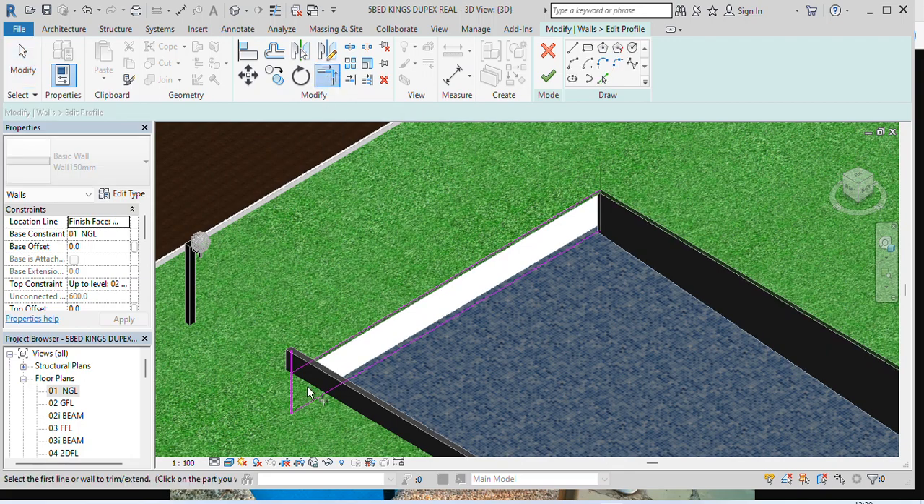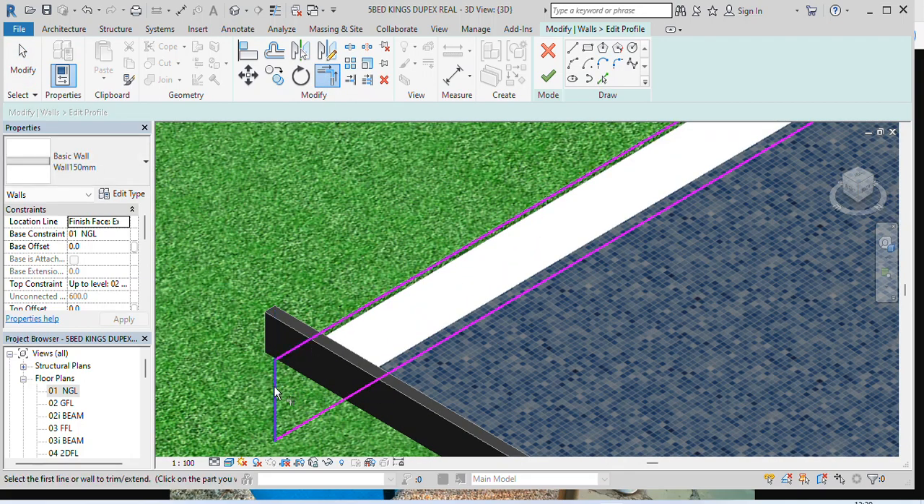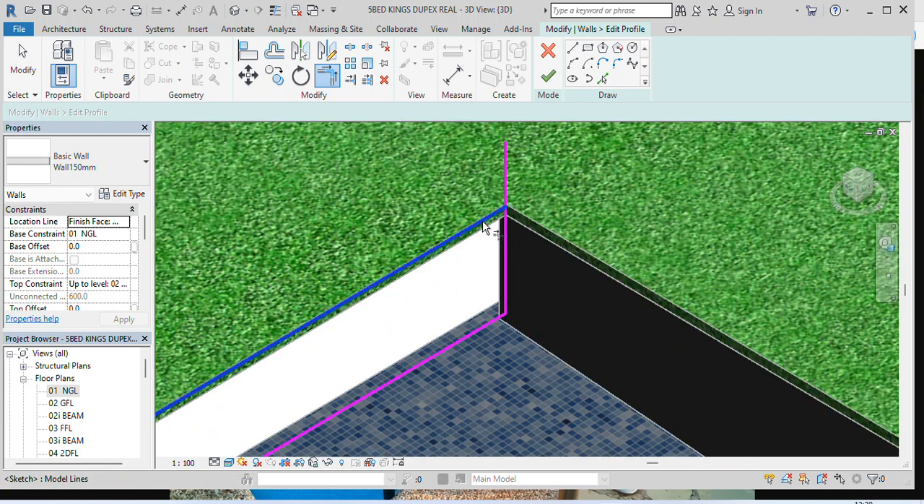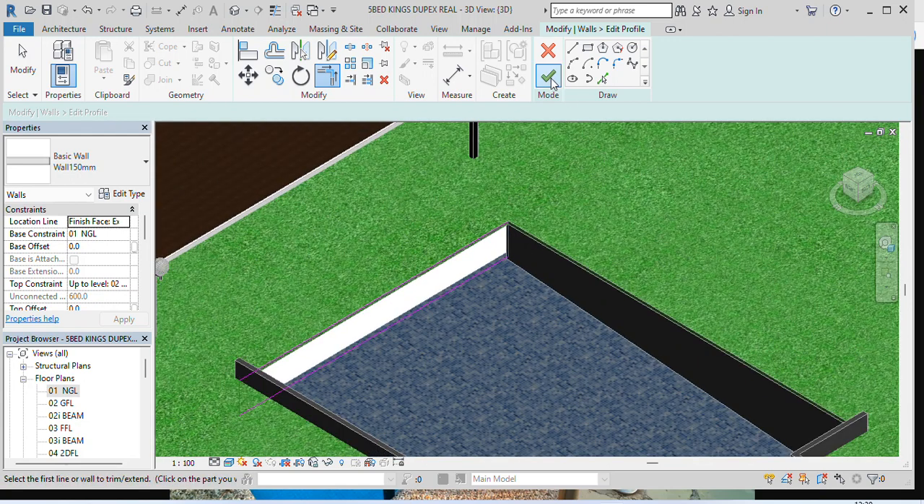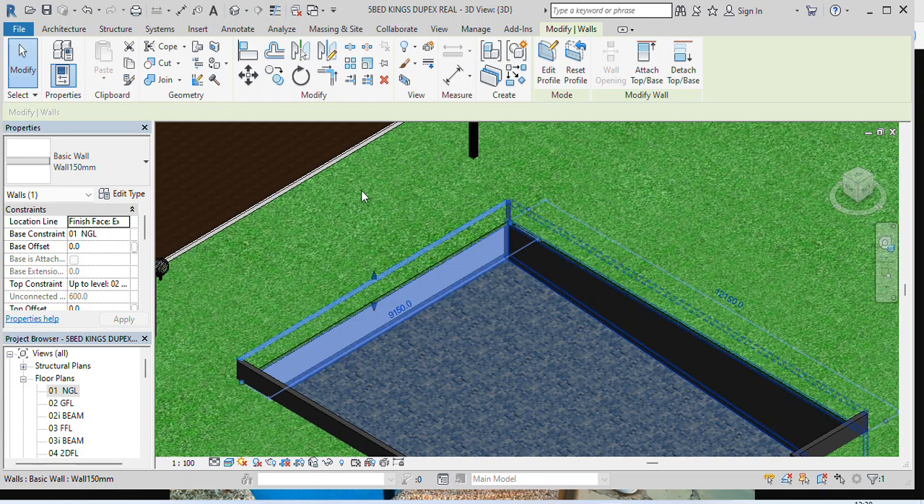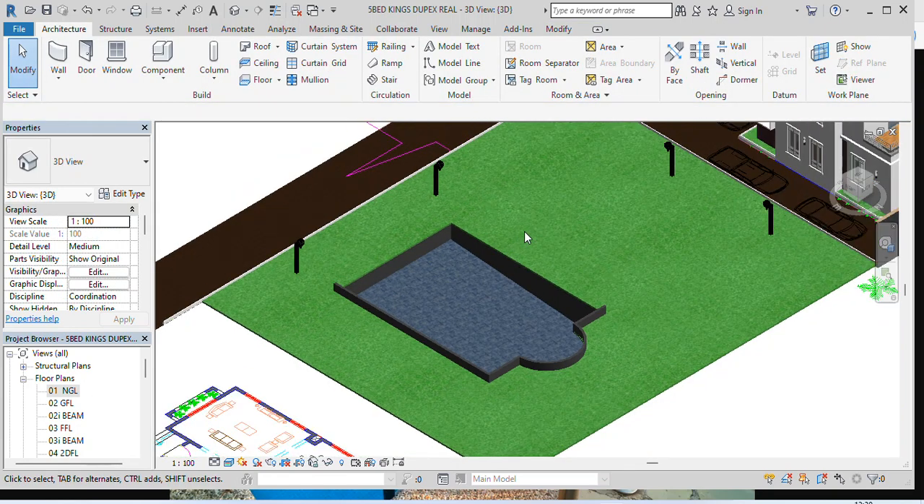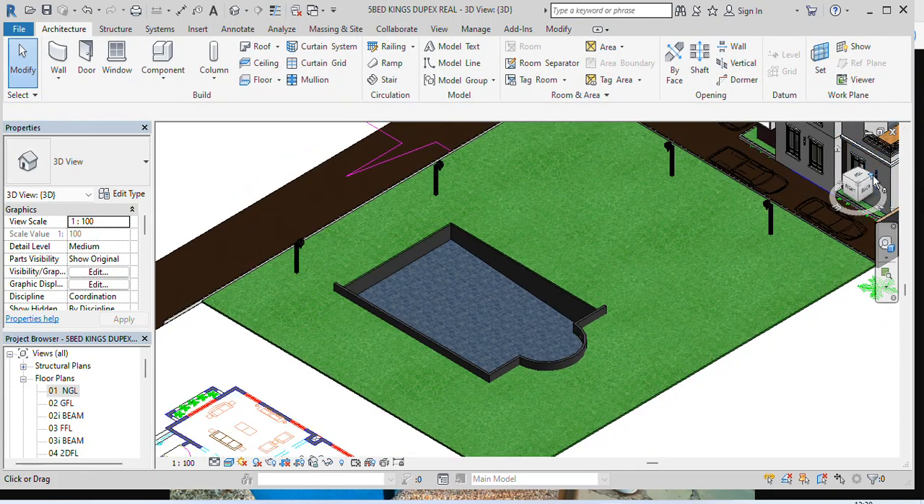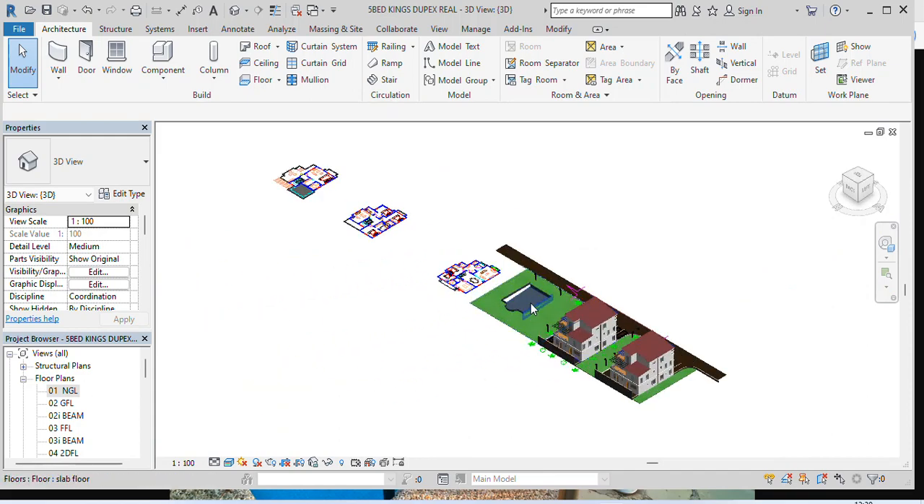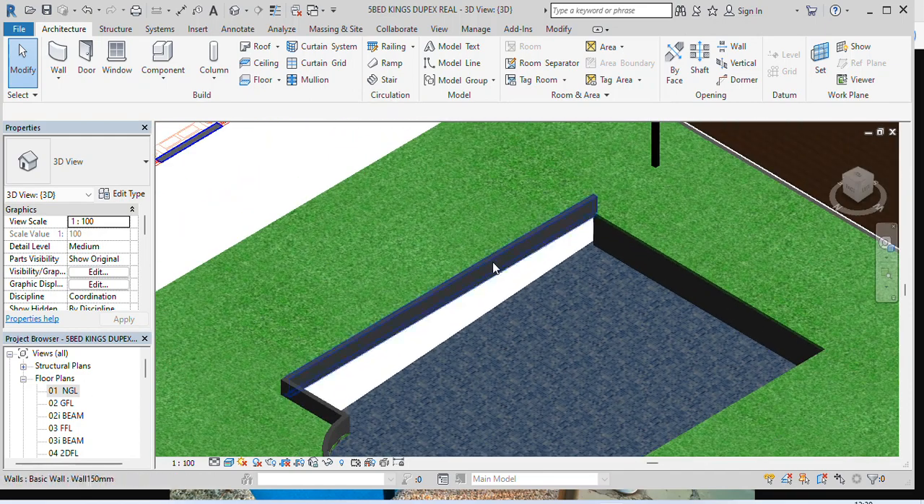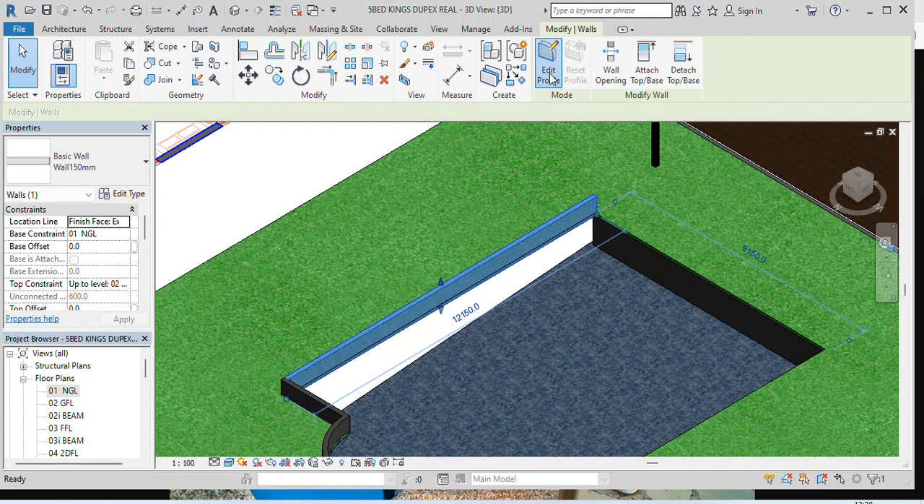Go back to trim, trim off this, trim off this, click on green check and click on modify. Rotate the pool again, click on this line, modify,